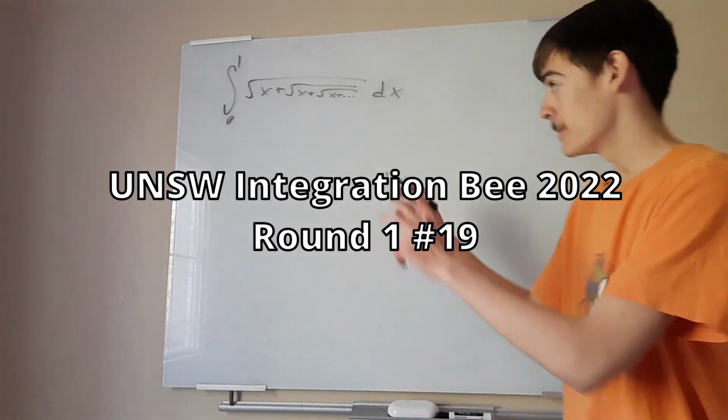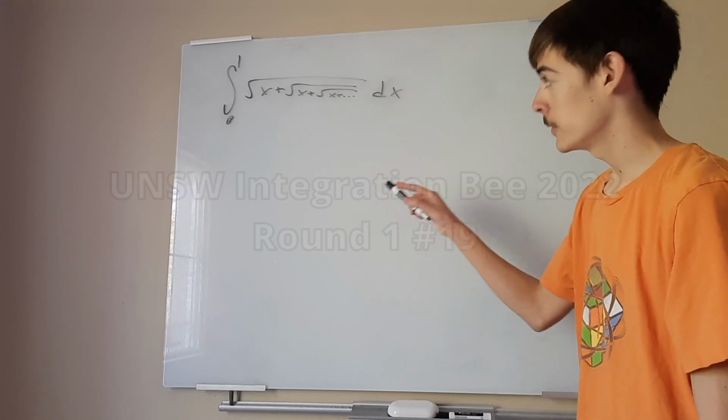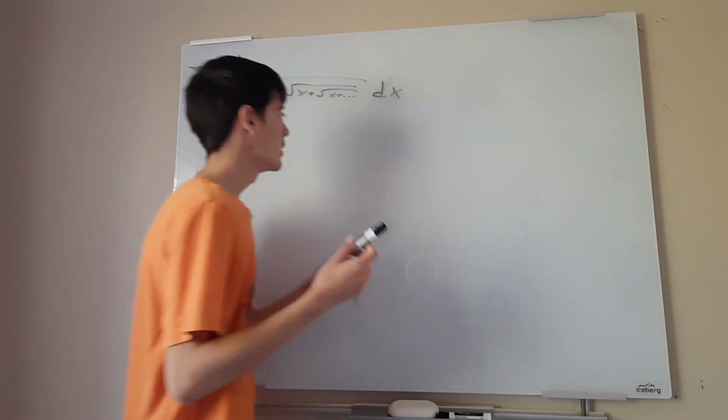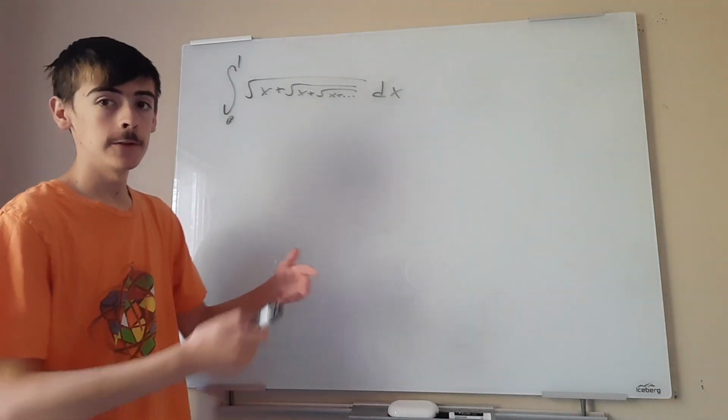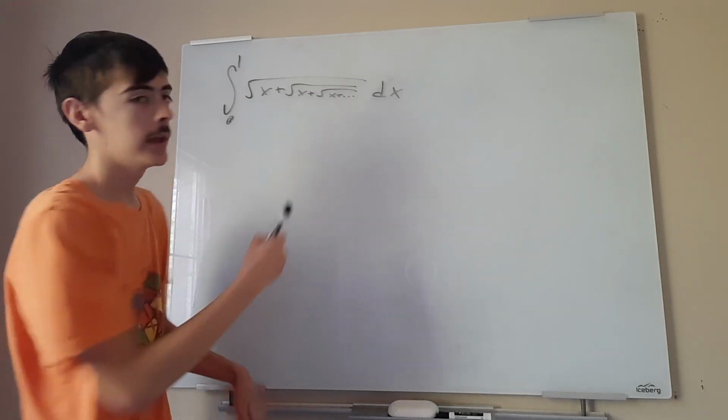Alright, we got another infinite one here today. We've got the integral from 0 to 1 of the square root of x plus the square root of x plus the square root of x plus the square root, and it keeps going on and on forever. So remember, the way we tackle these kinds of infinite integrals is we let this whole big infinite thing